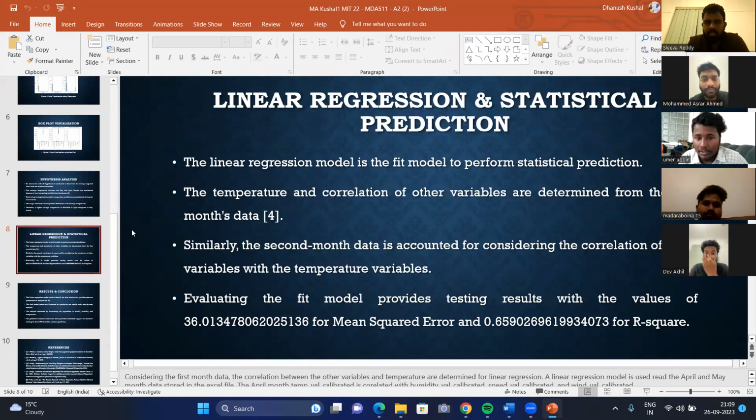Similarly, the second month's data is accounted for, considering the correlation of variables with temperature and evaluating the model, which provides testing results in numbers such as a squared error like 0.9, for example 36.01.